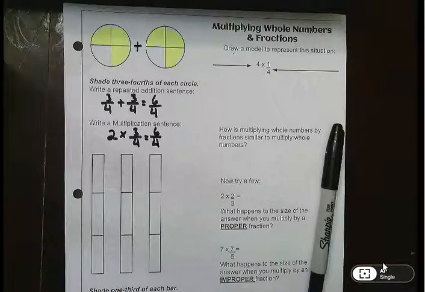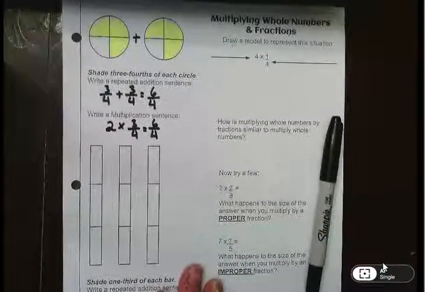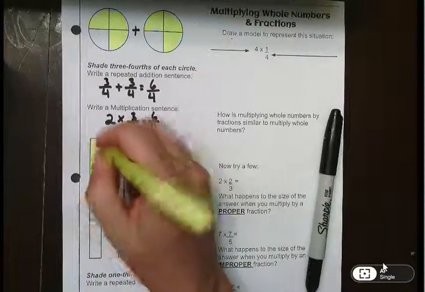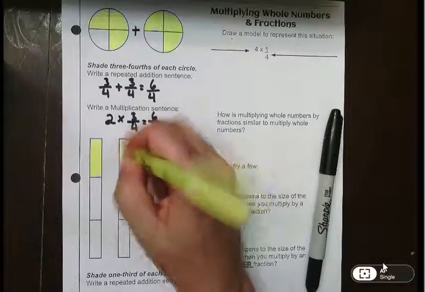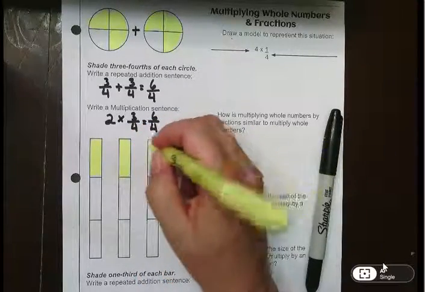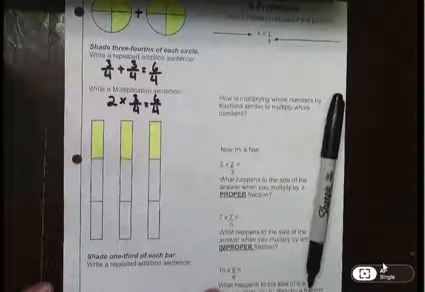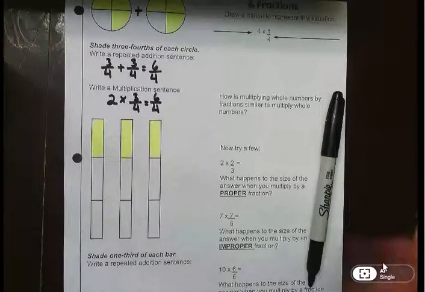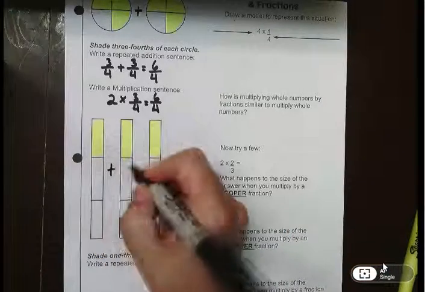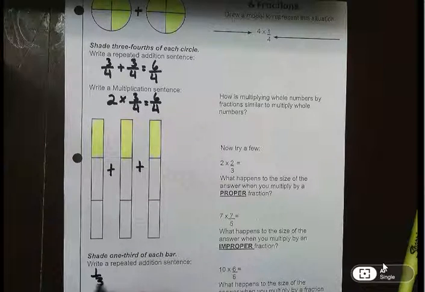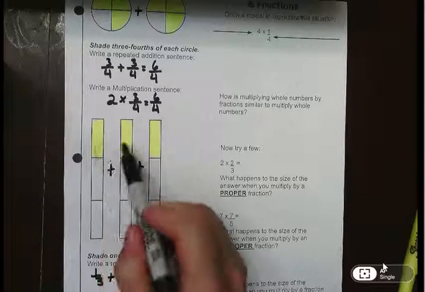Okay, next step says to shade 1/3 of each bar. So we're going to shade a third, 1/3, 1/3, 1/3. Okay, and again, it's asking us to write a repeated addition sentence. So if I put my plus sign between here, I could see I would have 1/3 plus 1/3 plus 1/3 equals 1, 2, 3